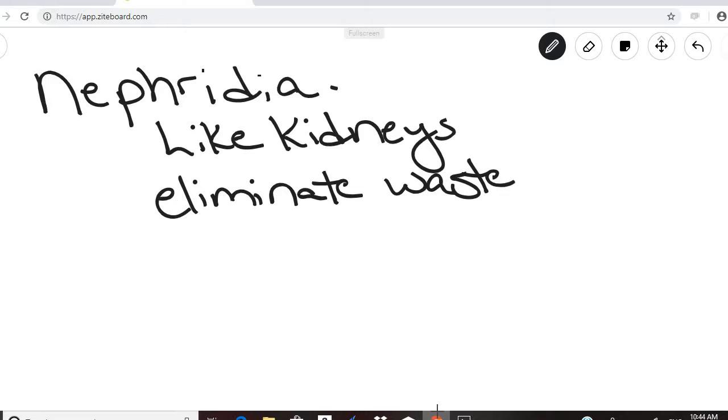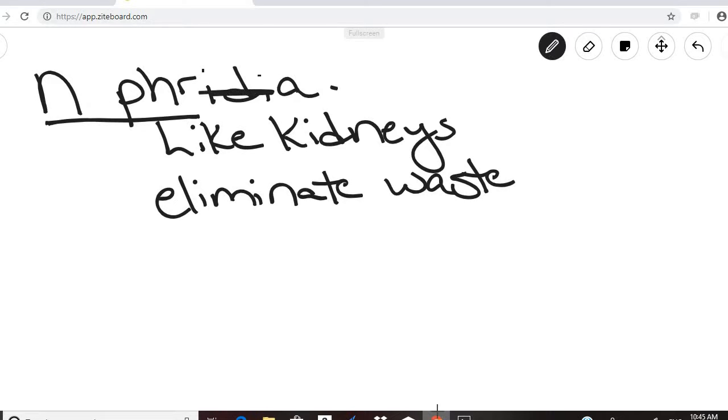So your kidneys, the functional part of your kidney is called a nephron. You can see the same root word there. Nephridia are important for eliminating especially liquid type of waste. Okay,